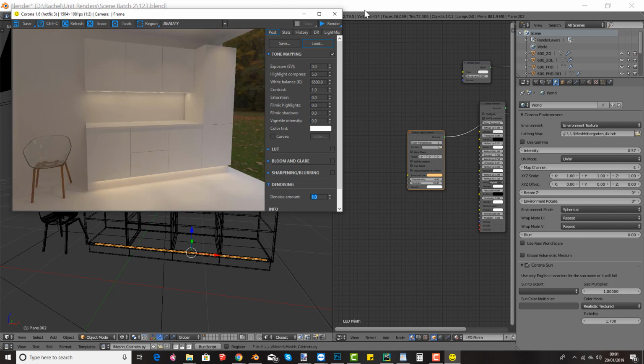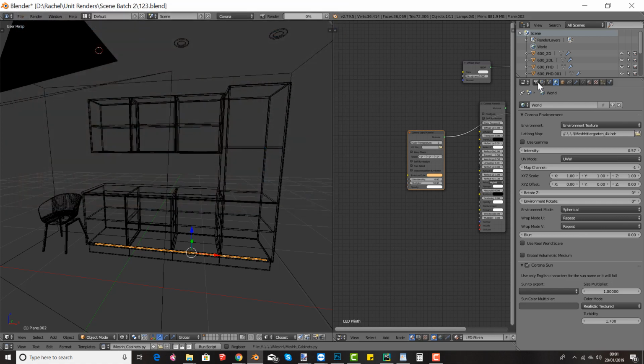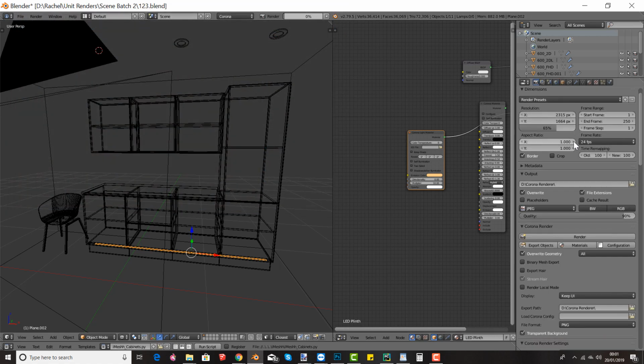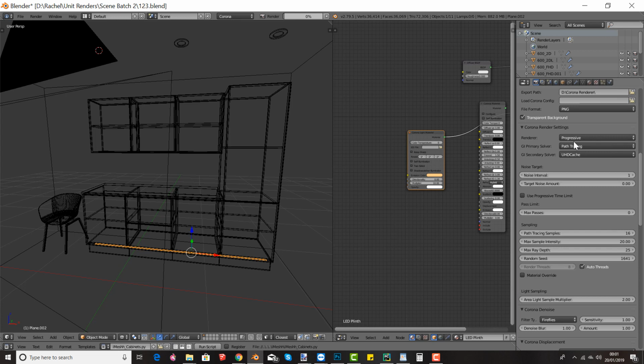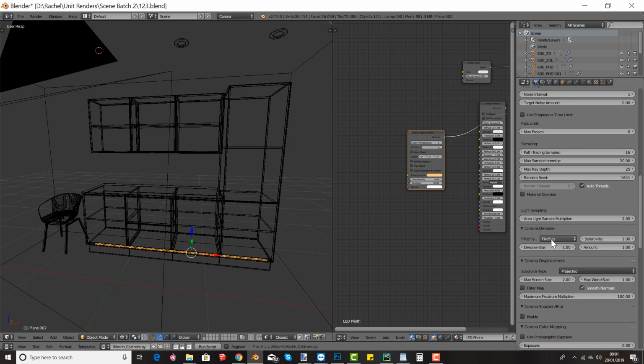Oh, I know what I've done. So if you want the denoiser to work properly, under your render settings, under the denoiser, denoise, it's only on full fireflies, change that to full. Go away, Dell updates. Change that to full, and again, if we press F12 now,